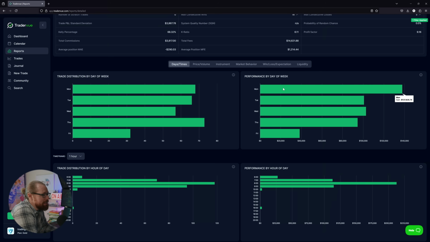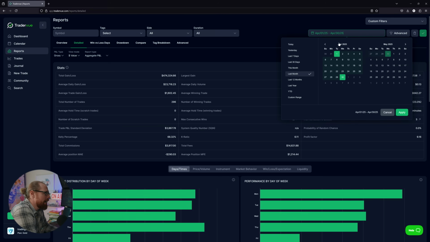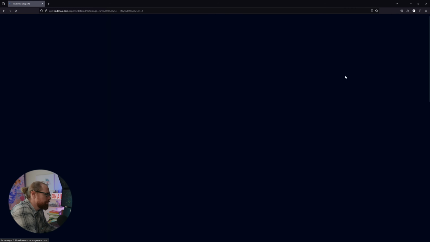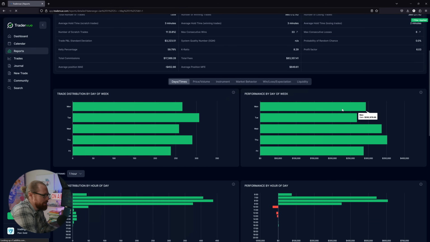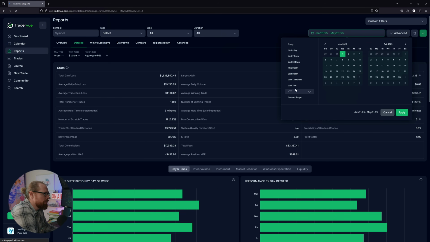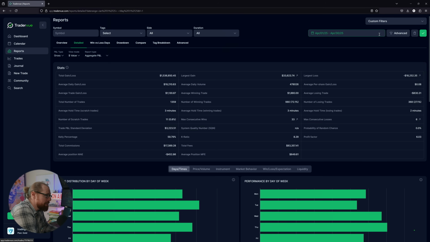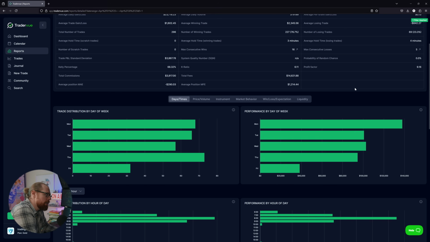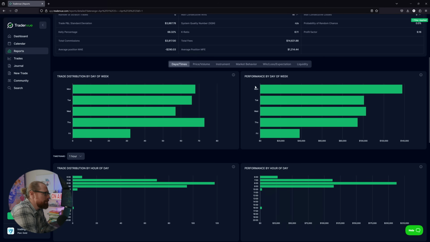I think, to be honest, for the last 30 days, that's just the nature of the fact that for this set of data, there were a couple of really good trades on Mondays from stocks that had breaking news. And so that gave me that extra cushion on Mondays. I think if we looked at a greater set of data, maybe year to date, we would see a little bit of a different picture, right? So you want to be careful, because some of these things may not have a lot of significance. Some may, but some also may just be the luck of the draw. So just something to think about. So, performance by day of the week, the one thing that I can tell you is that typically